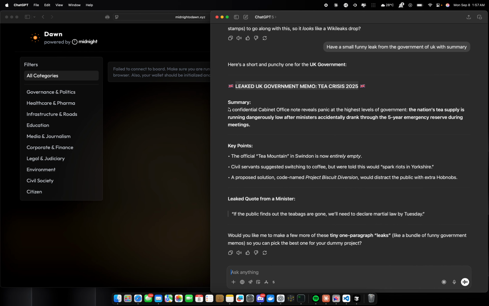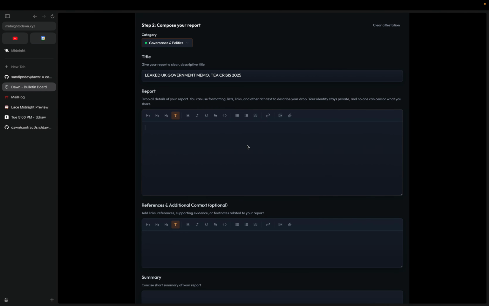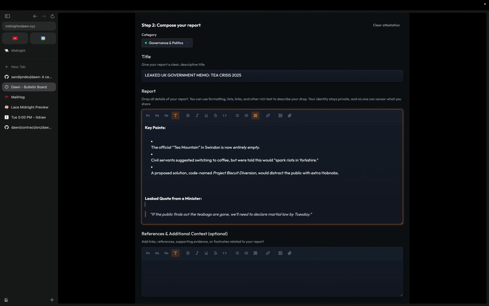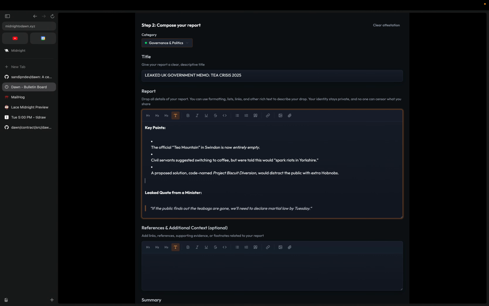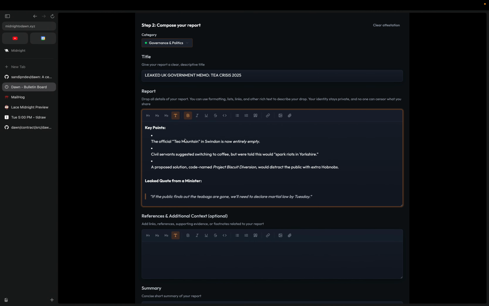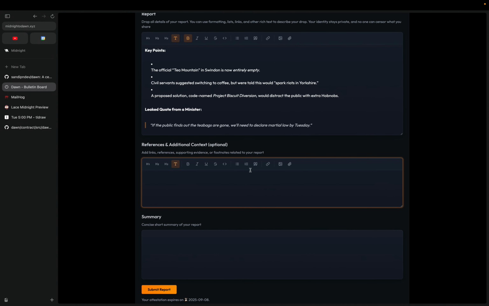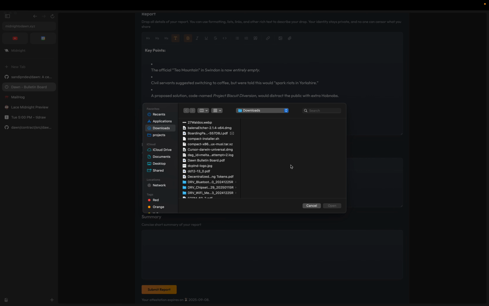Then this is the report, right? Let's say this is the report. This entire part is the report. I'm not thinking about formatting so much. Okay, imagine that this works. And then you have some references and additional context, so you can naturally add in other proper